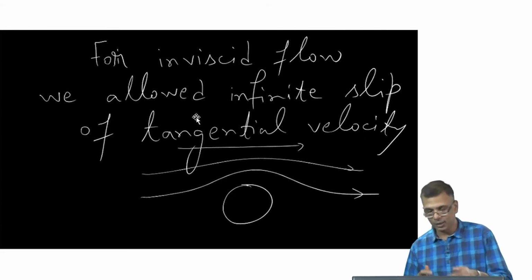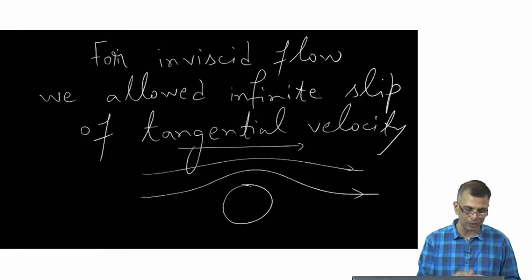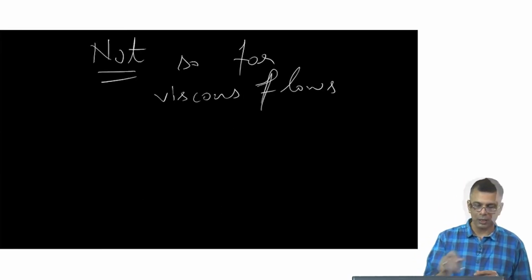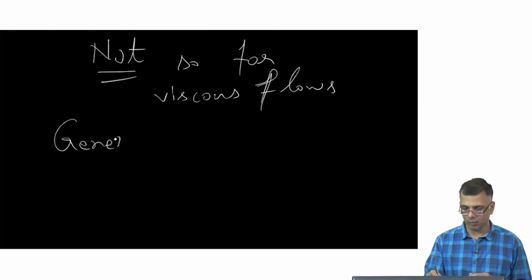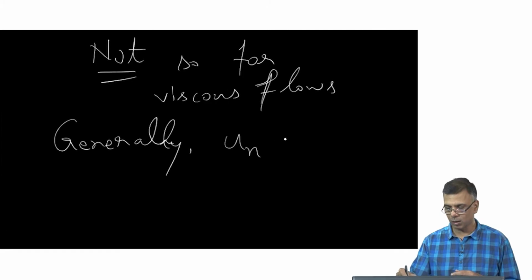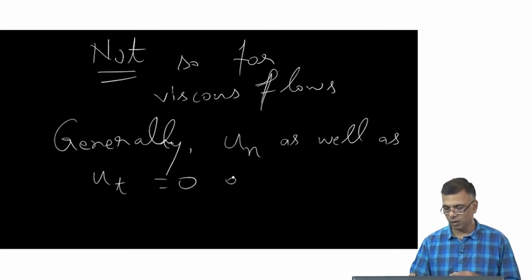If it was honey flowing past a sphere, this is intuitively obvious, isn't it? So generally you say that u normal as well as u tangential equal 0 on the surface